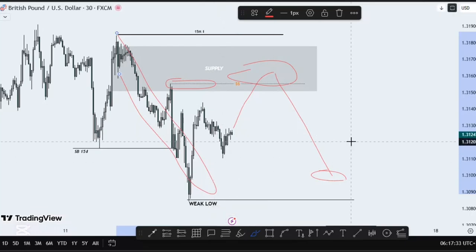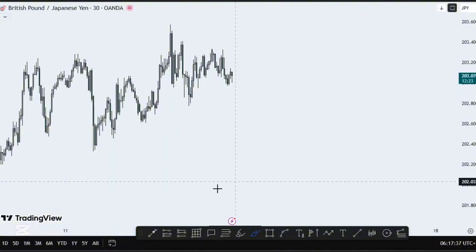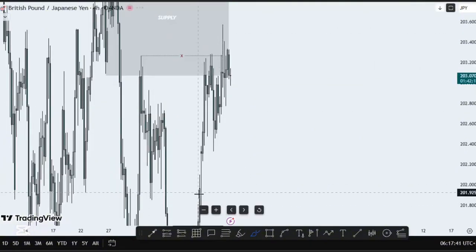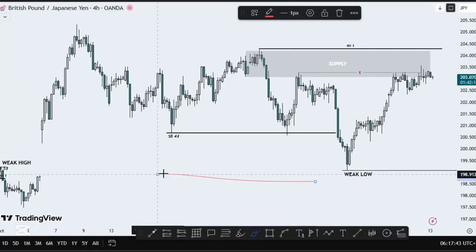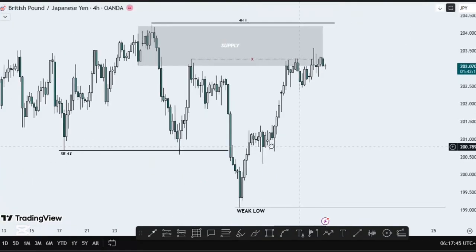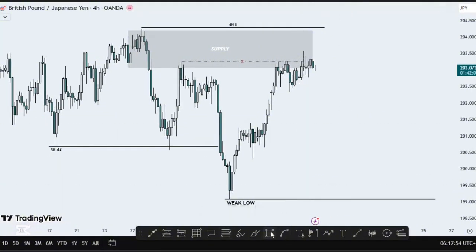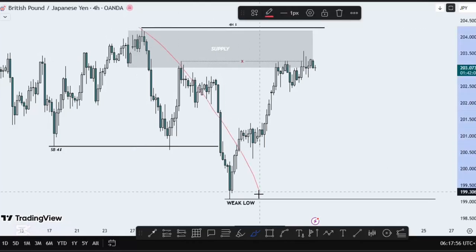Now let us go ahead for our last currency pair for this week, which is the GBP JPY. Now for that one is kind of tricky. As you guys can see on the 4 hour, if we're going to be swing trading this currency pair, that's going to be the best option that I can guarantee for you. As you guys can see, we have been in a strong bearish structure recently,